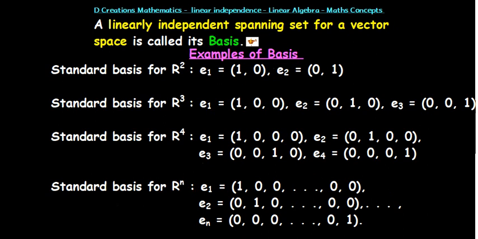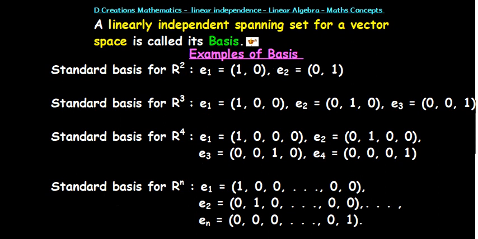So if you want to find it out for any value of n, you can just put that number here and you would realize a standard theorem. For any vector space R raised to n, the number of basis vectors is n. So for example, for R2 it is 2, for R3 it is 3, for R4 it is 4 and for R raised to n it is n. So this theorem you can clearly see that it has been illustrated here and it is not difficult to prove.